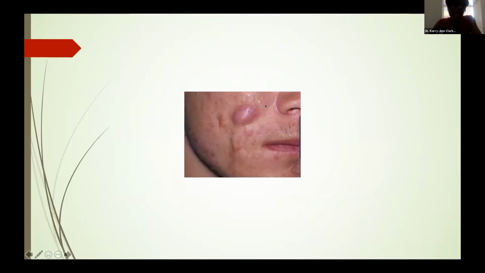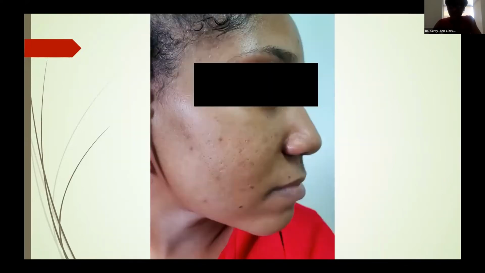So in the Caucasian patient, you will see more redness, and this is a nodular cystic lesion, seen more in severe acne. Go on to the next patient. So this is what I'm talking about, and this is not even a severe case. This is a patient whose acne is pretty much controlled, but they're still having significant PIH, and they're very concerned about the scarring, and this is something that's going to keep the patient coming back to the office over and over.